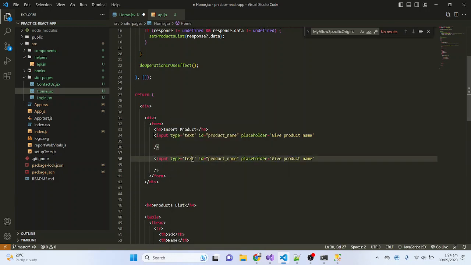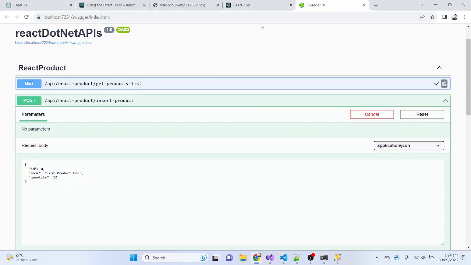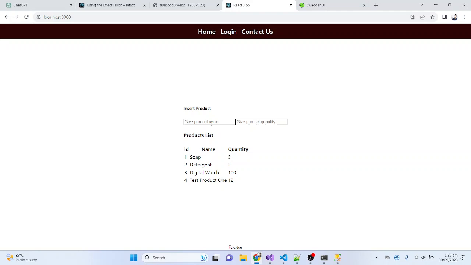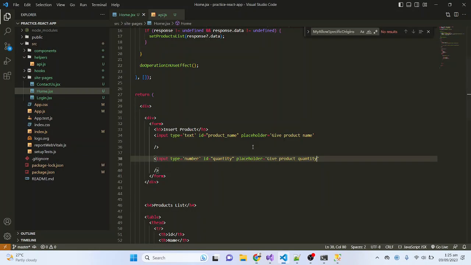Format the document, and it should be number. Its ID should be quantity. Placeholder should be give product quantity. Okay, Control S. Go to the React project. Give product name. Give quantity. Okay,